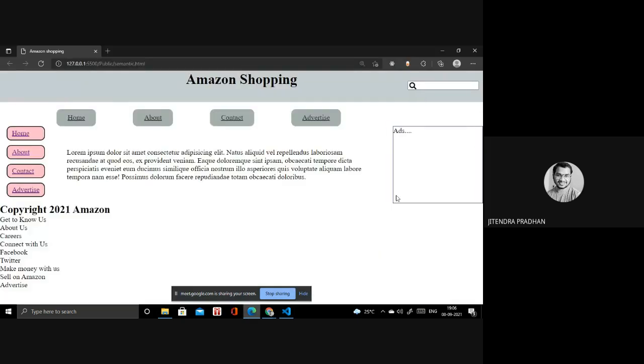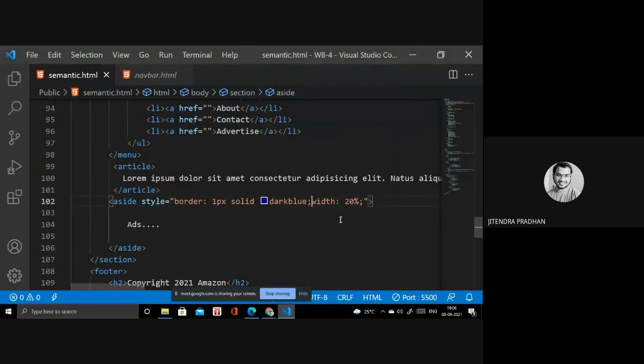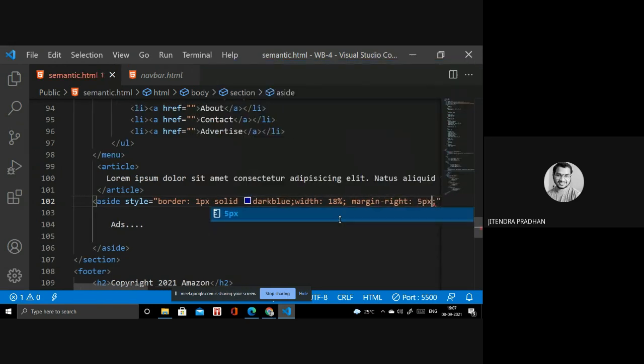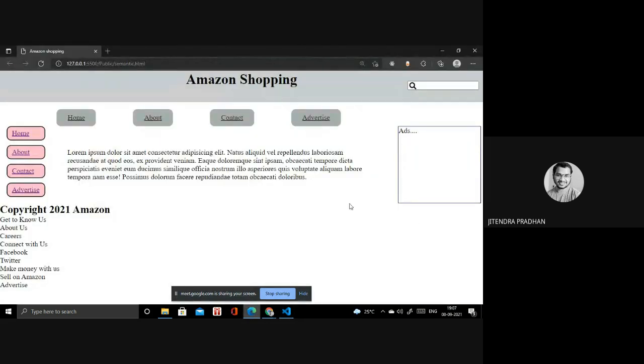Yeah, not an issue. So if you want to change something particularly, like margin right, then you can. You have to write inside it 18%, and margin right 5 pixel. Okay, now it's 5 pixel, a little bit.